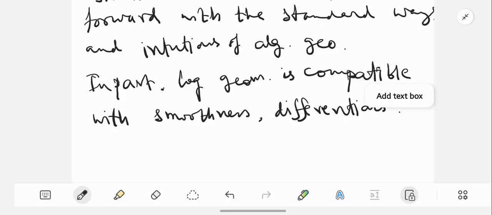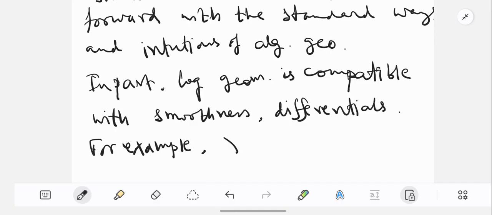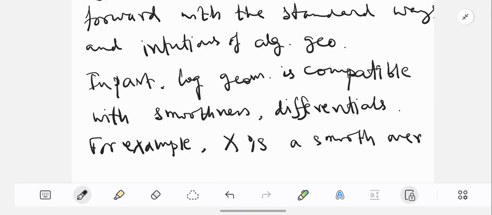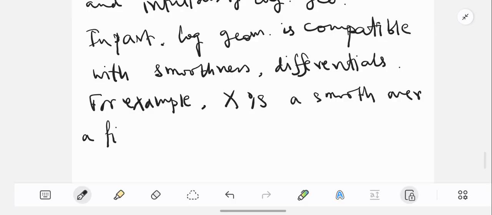So, for example, if X is a smooth variety over a field K and U is the complement of a divisor with normal crossings,